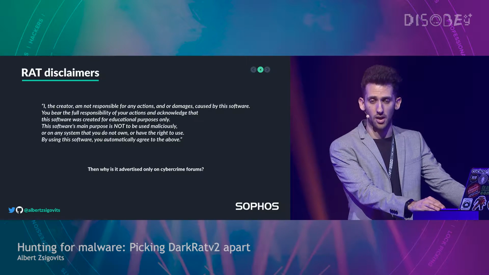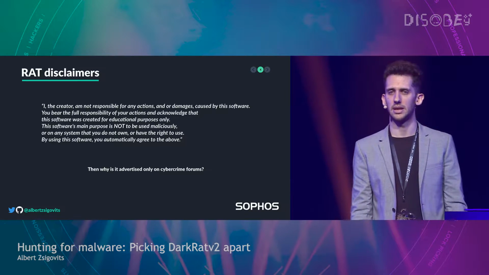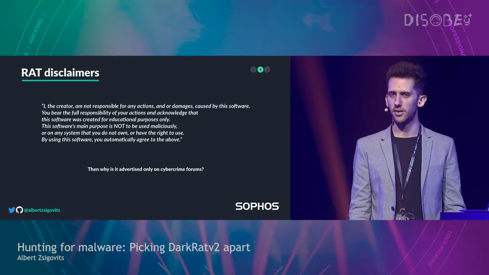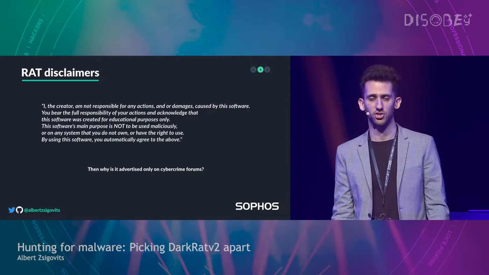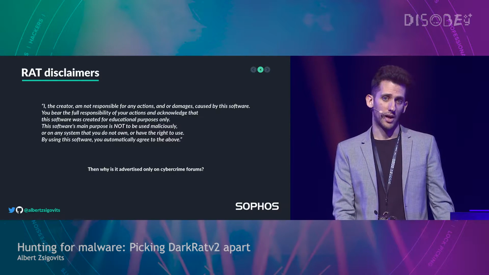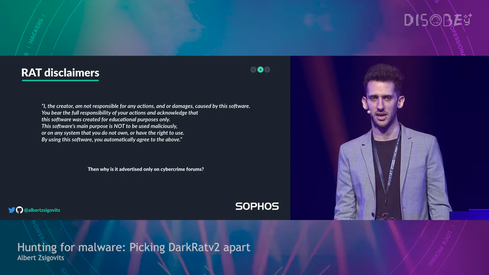Oh yeah, you gotta love these disclaimers. It seems like every RAT developer is putting up some sort of disclaimer now. They try to avoid responsibility by saying, this software is not to be used maliciously, for example. While on the other side, its whole purpose is to be used maliciously, so it's kind of interesting.